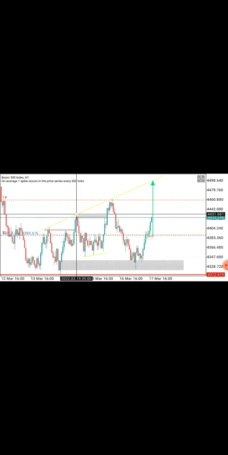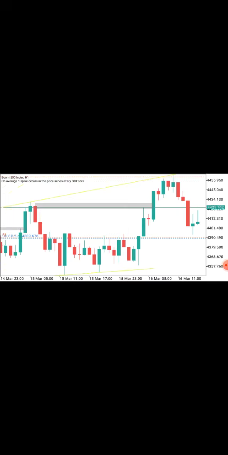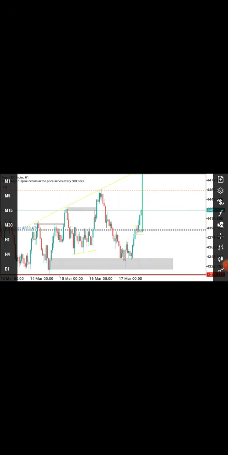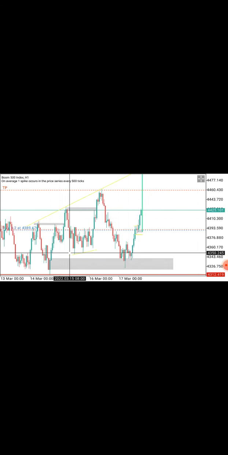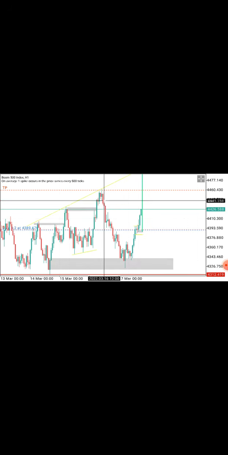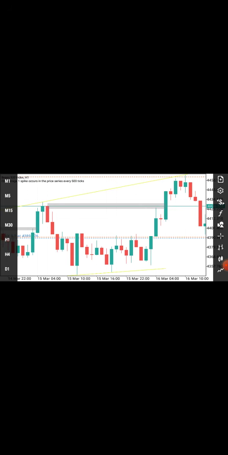And then you can see that the market came to the downside, right? As the market came to the downside, it decided to consolidate a little bit, and then it gave us our little pattern right here. This is what I call, I don't know what other people call it, a trend line liquidity. You see, in this case, as we have this trend line liquidity, at some point the market will come down and take out the stop losses that are below this, because remember guys, you see the market kept on respecting this trend line.